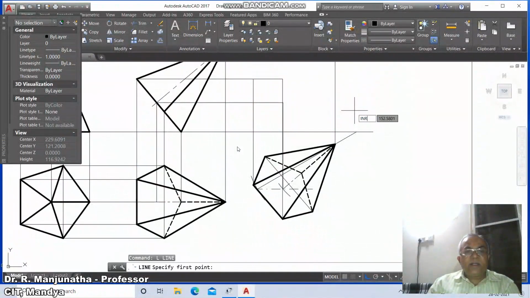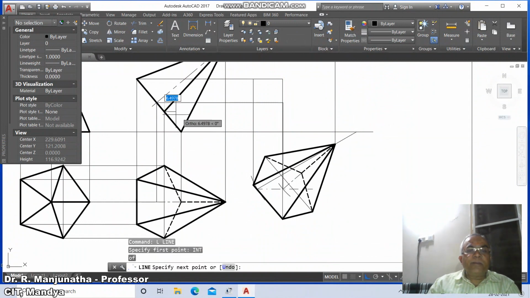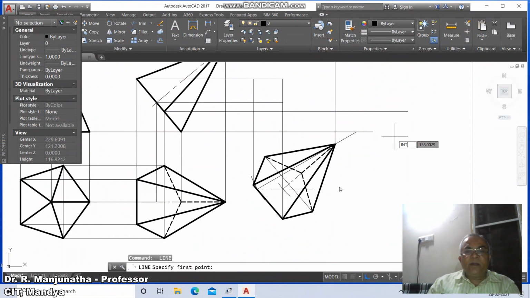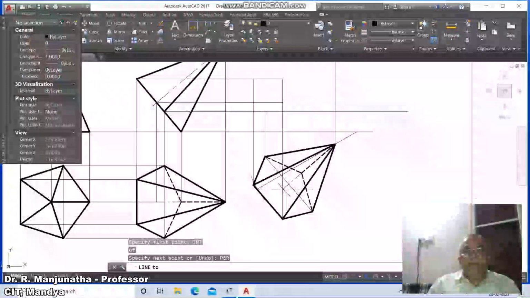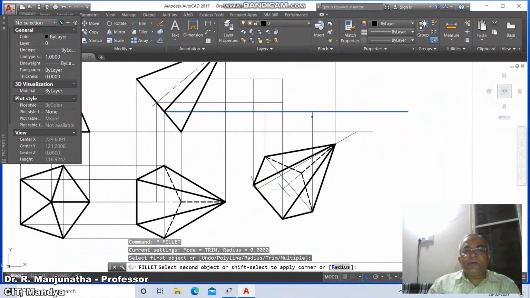Similarly, line, take the intersection of this point and draw a horizontal line, take the intersection point of this and draw perpendicular to this, then line, intersection of this and draw perpendicular to this, then fillet between these two.